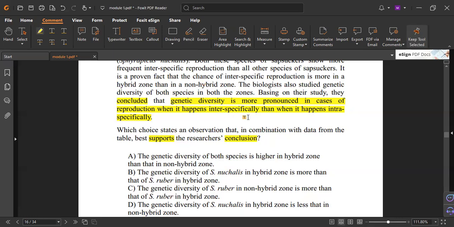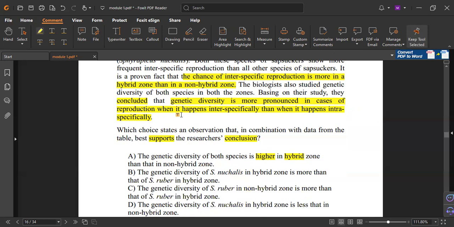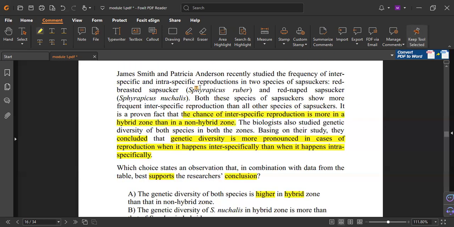So go to the text and find what is mentioned by that. You will find it in letter A. So genetic diversity of both is higher, look, in hybrid zones than in non-hybrid. So hybrid refers to interspecifically. That's why, as he mentioned here, look, the chance of interspecific reduction is more in hybrid. He said higher in hybrid. That's why, number one, find the conclusion and stop on it and summarize it. Now go to find any information to support